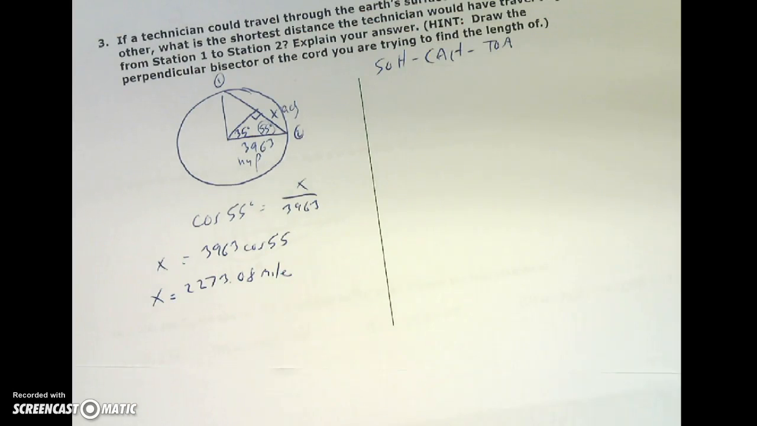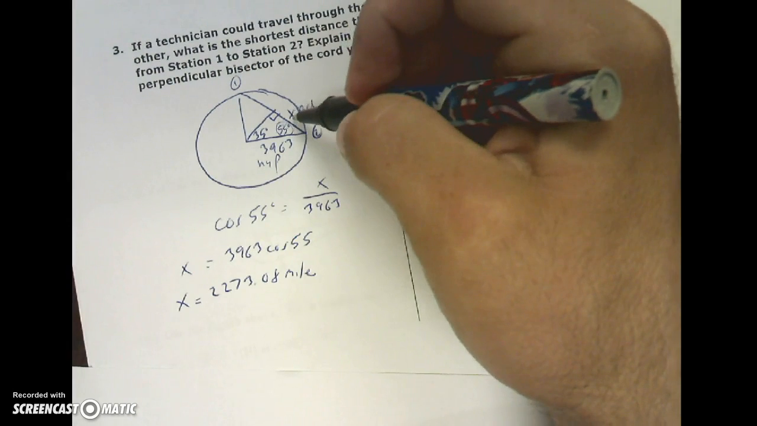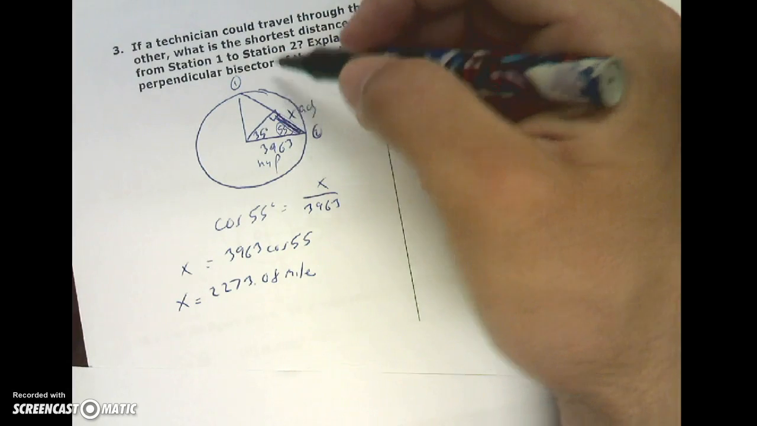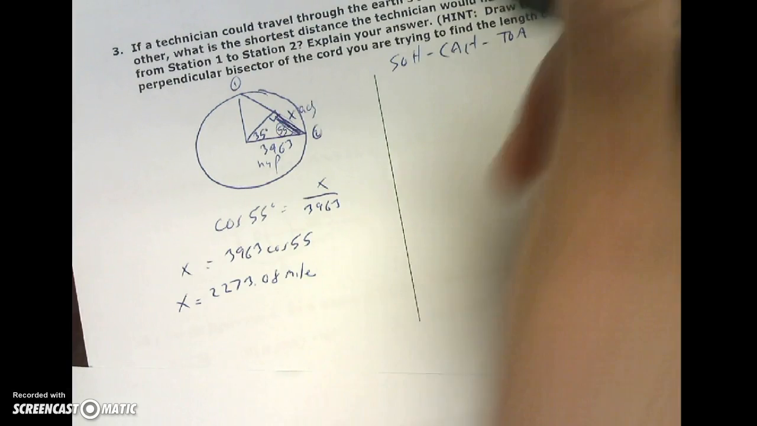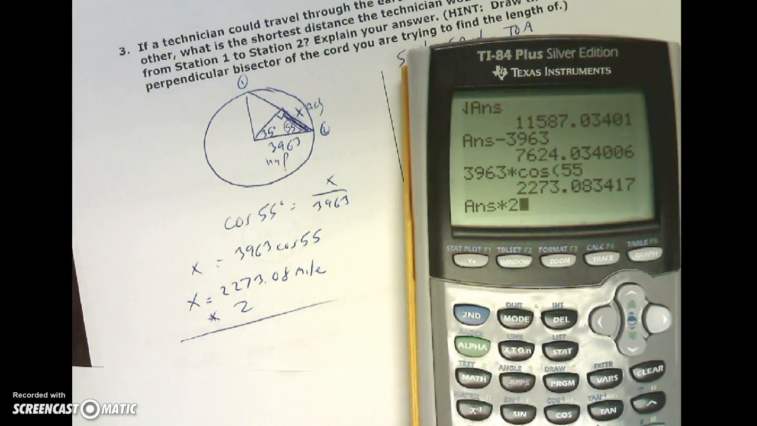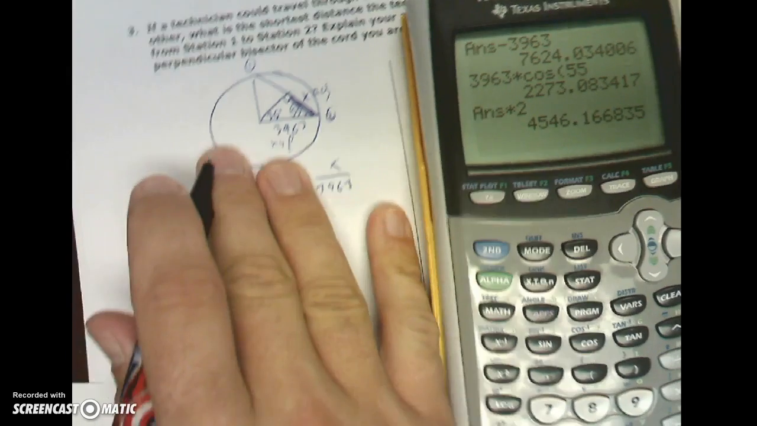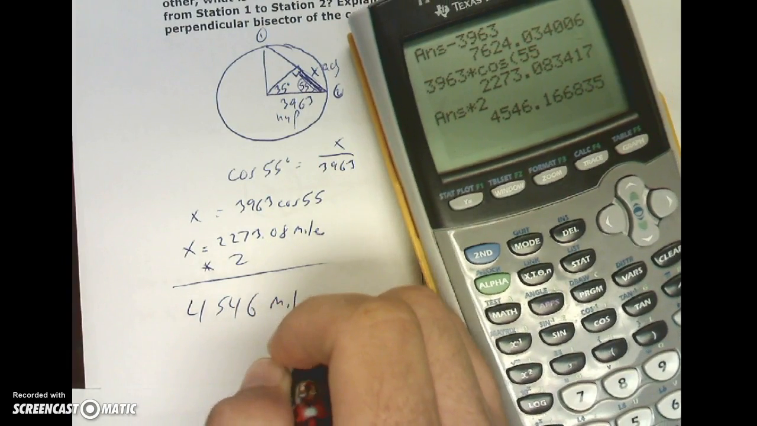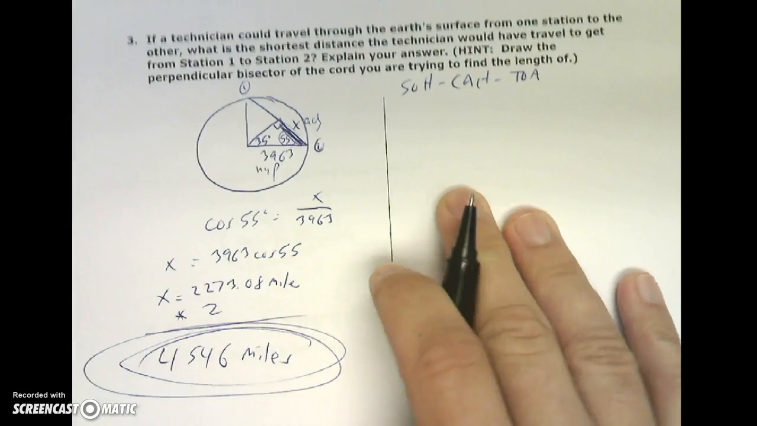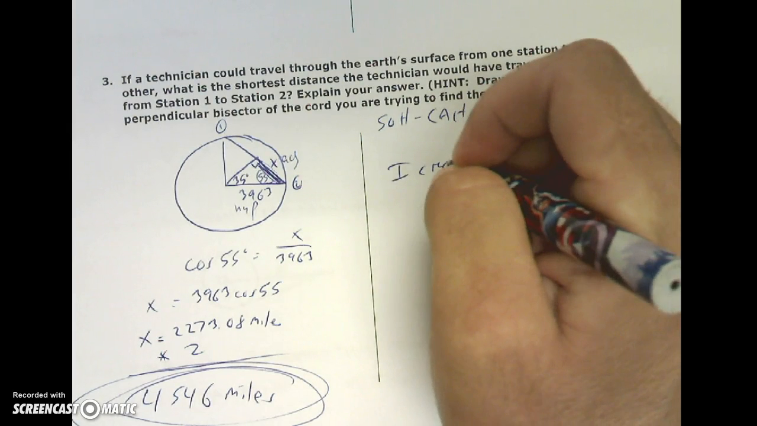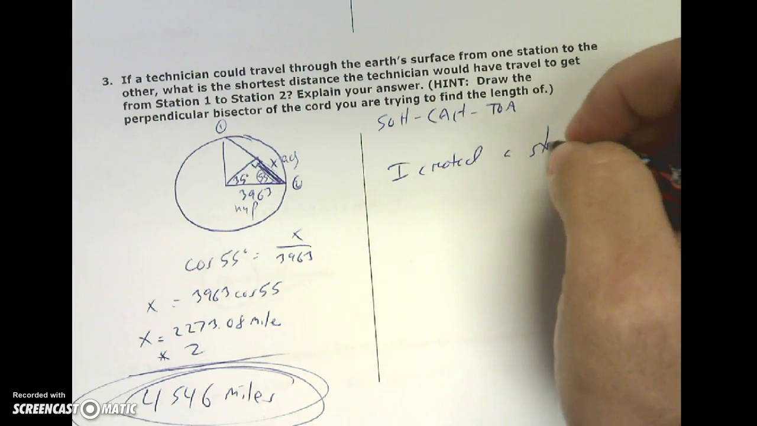miles. Now here's the thing, guys. One last thing I think about. You just found this distance. Okay, I want this full distance. So what should I multiply it by? Just times it by 2. Okay, times it by 2. I end up with an answer of 4,546 miles. Okay, so as far as my explanation goes, the last part here, I created a straight line